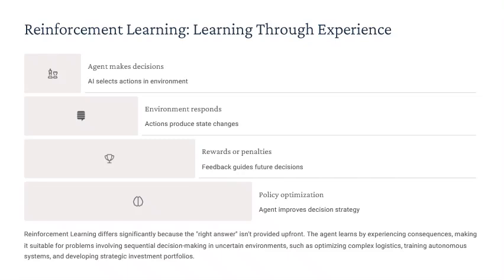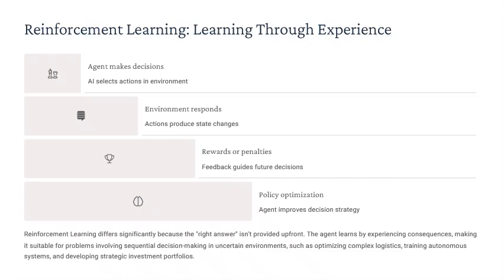So the key difference here is it's not learning from a fixed, static data set, like in supervised or unsupervised. Exactly. The learning is dynamic. It's about sequential decision-making in an environment that often changes based on the agent's own actions. My move affects the state of the game, which affects my next best move. That sounds complex. It is, and this makes reinforcement learning, or RL, uniquely suited for complex optimization problems where the agent has to make a whole series of interdependent decisions to reach a long-term goal.